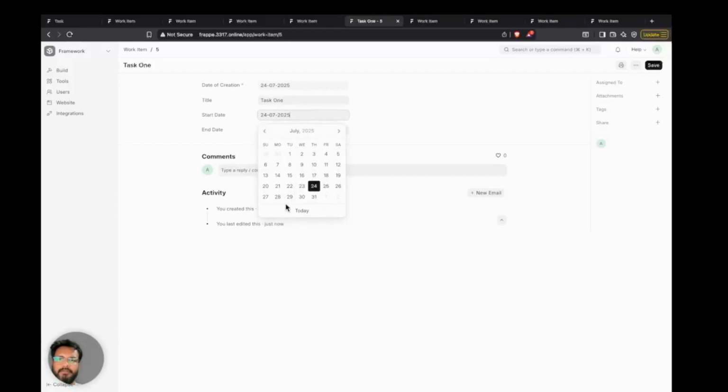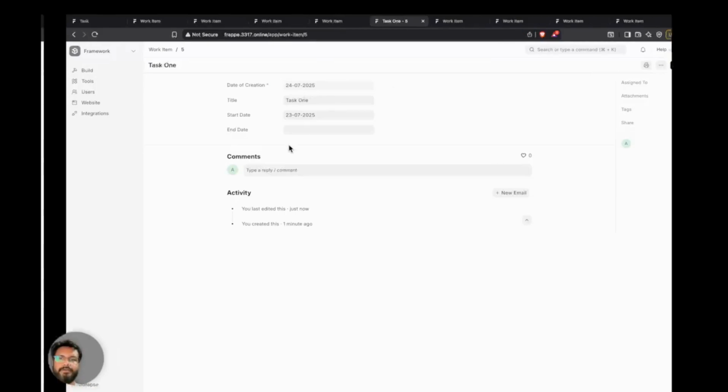For example, if I choose start date, which will be 23, and try to save it, it will allow me to save. But I want to write a validation for that. Whenever somebody chooses a date which is less than this one, date of creation, it will throw some error, and it will not allow the user to save this document. So here what we will do